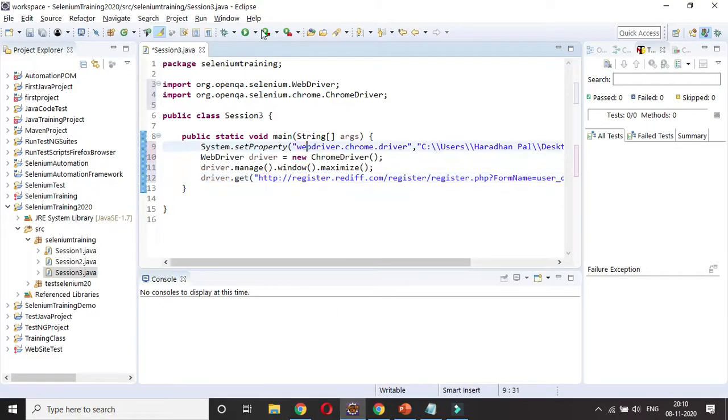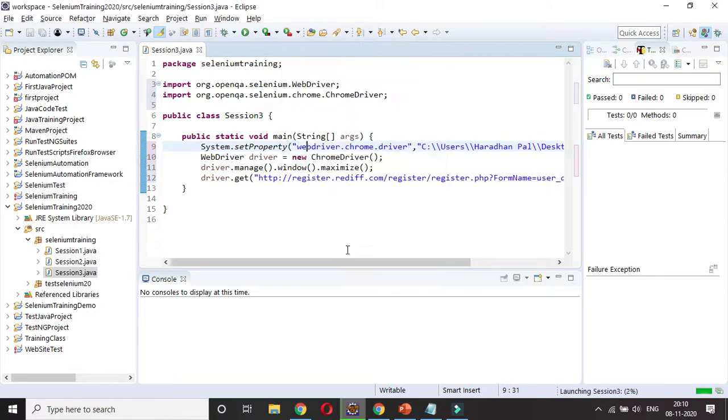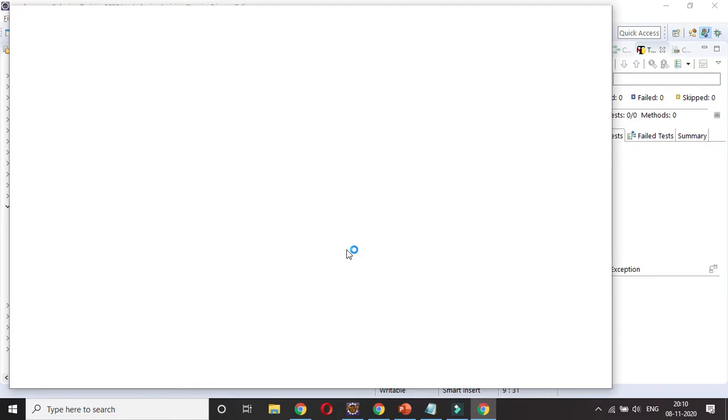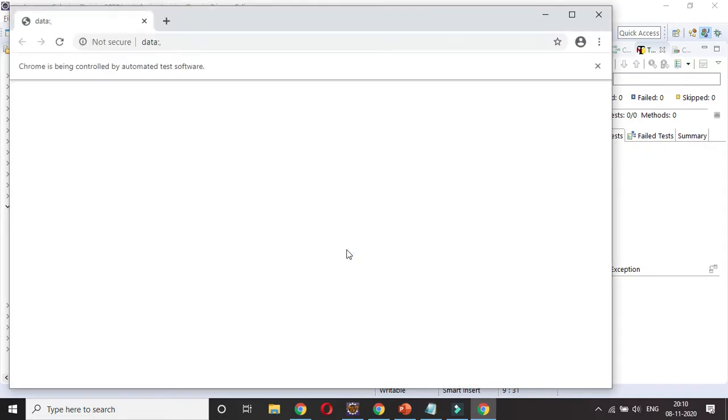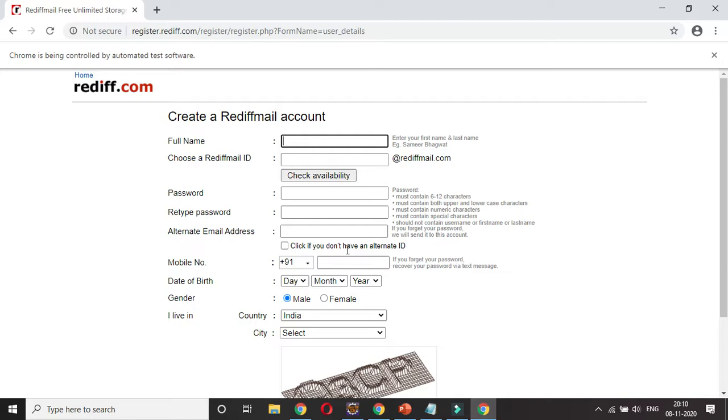So if you run your code, you can see it will open the URL, right? It will first launch your Chrome browser, and then it will maximize the browser, pass the URL, and load that particular page. And if you want to quit the browser, you have to use the quit or close method. Close will close the current focused browser, whereas in case multiple browsers are open, you have to use the quit method. So my code is working fine till now, right?